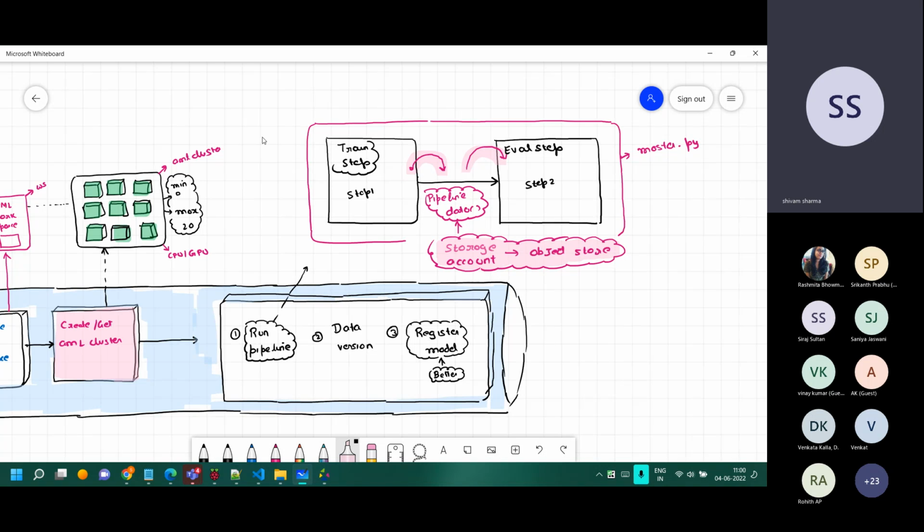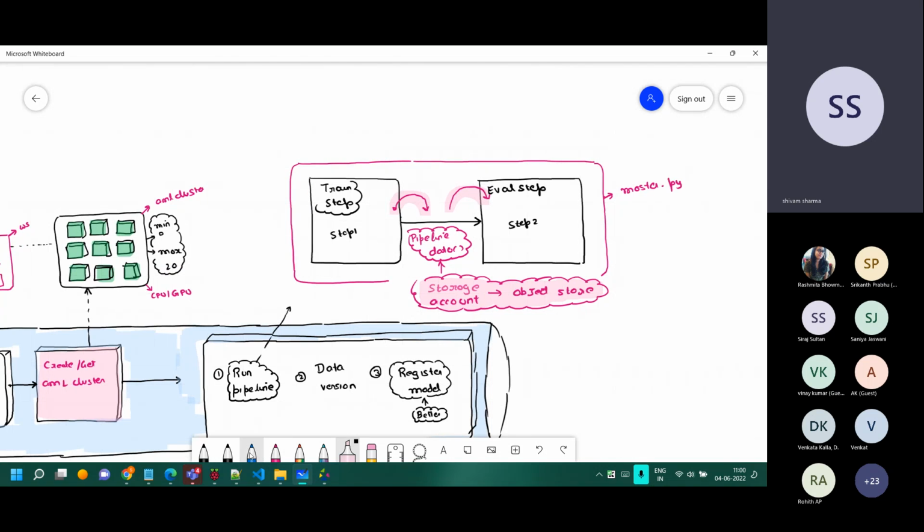Now, when you talk about the training over here, there are a couple of things we have to understand. It's all about the data. So if this is my data, representing my data right now, we'll say data set over there. So if this data set was being used in this step, and there is a train.py file, and this is where the ML code goes, so this is your train.py. This train.py was using that data set, and the training was happening in that step over there.